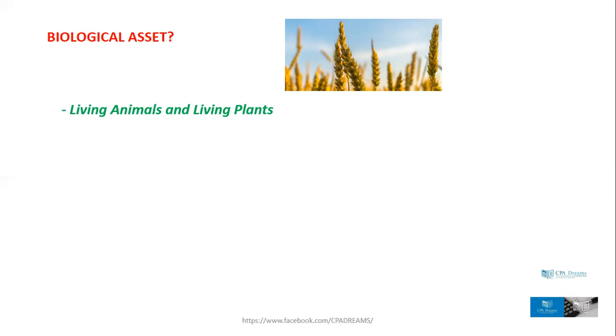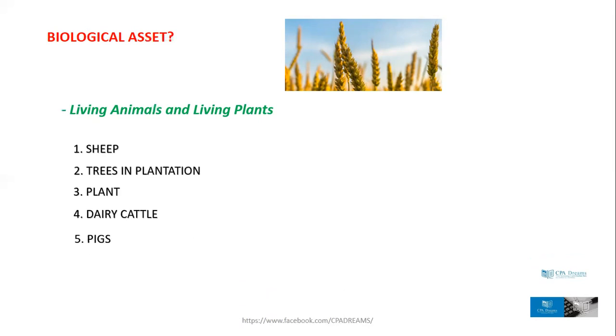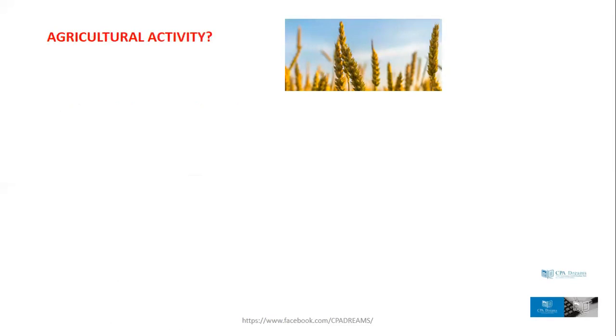So what are examples of living animals and living plants? Of course, you have sheep, you have trees in plantation, the rice plants, we have plants, we have dairy cattle, and we have pigs. So meaning they are alive. They are like humans. Again, what about agricultural activity?